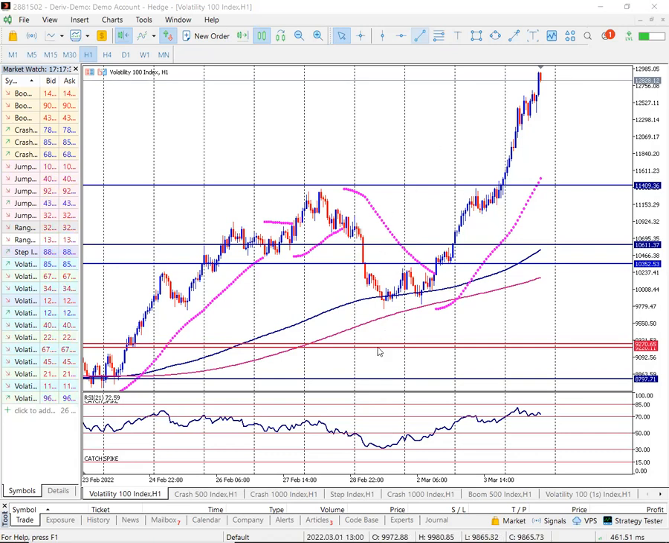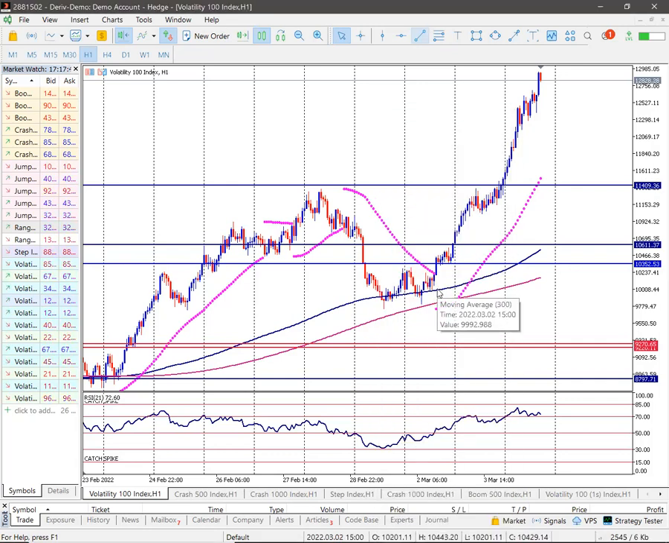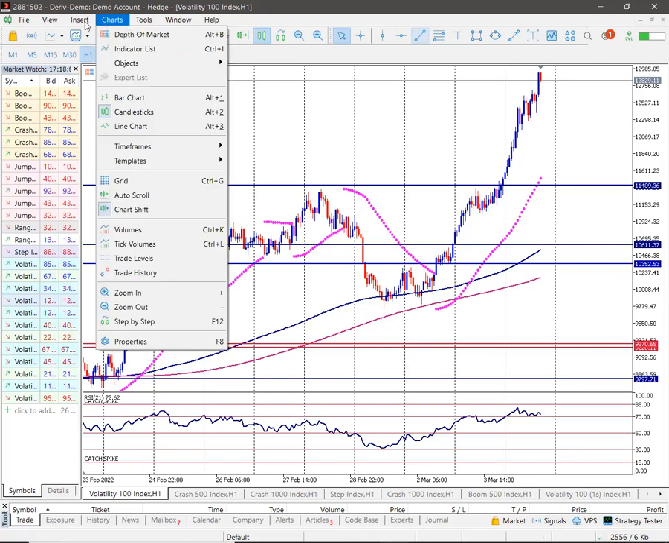I'll give you these two moving averages for free, but I won't give the parabola. It took a lot of time for me to find this setting for the parabola. Though I'll give you the moving average setting. So if you have a pen, you can